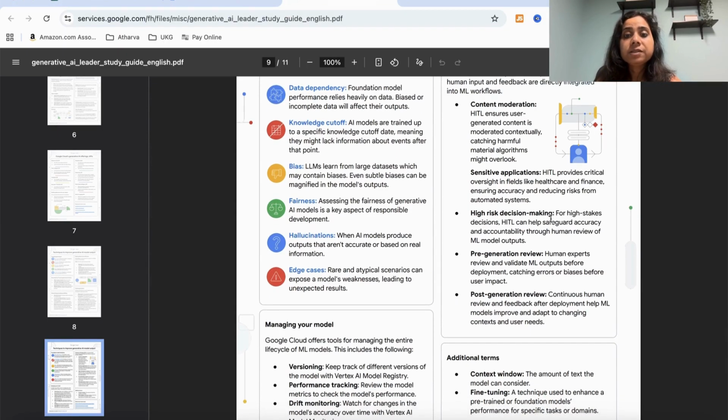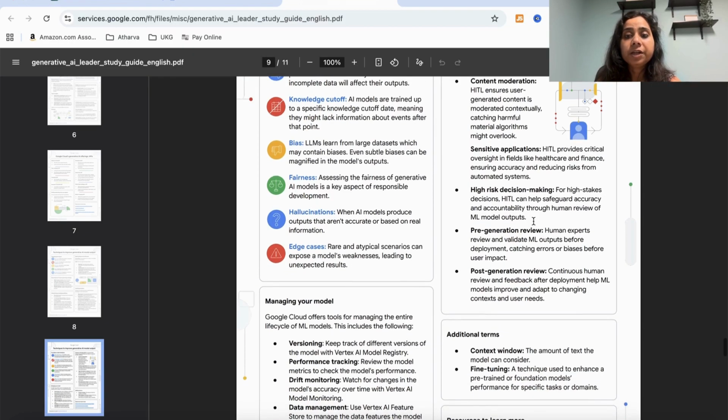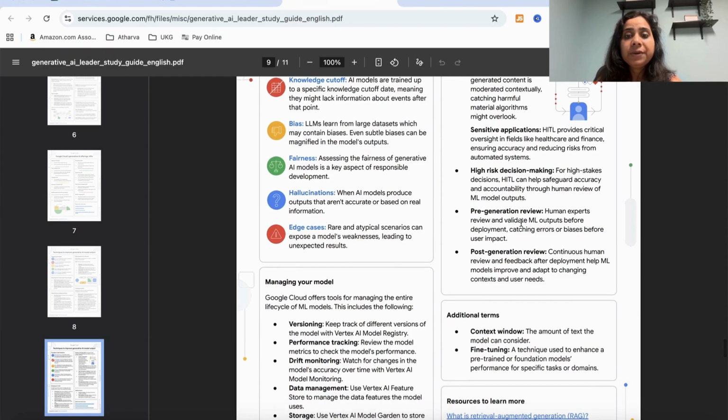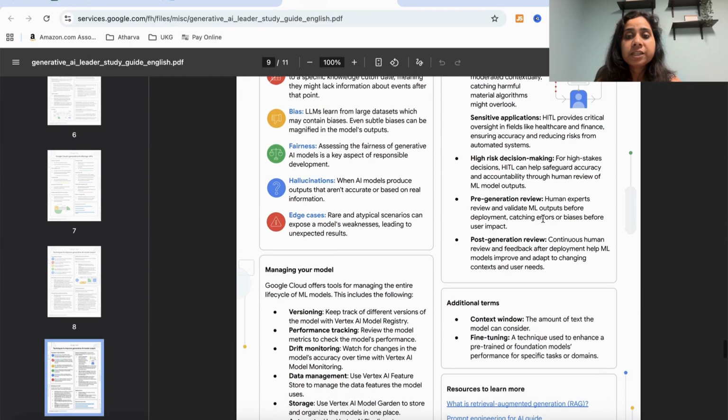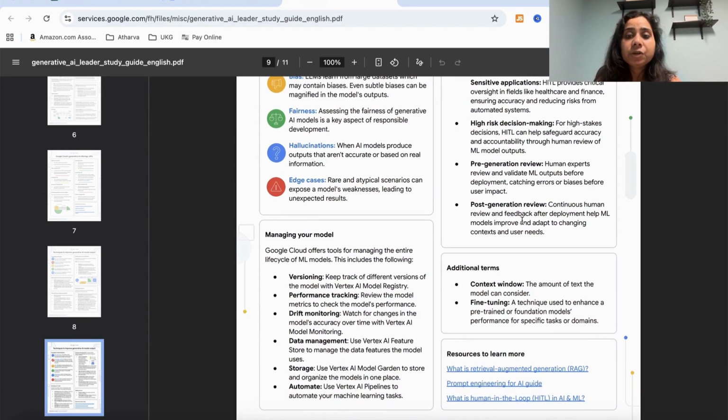from automated systems. High risk decision making: for high stakes decisions, human in the loop can help safeguard accuracy and accountability through human review of machine learning model output. Pre-generation review: human experts review and validate machine learning output before deployment, catching errors and biases before user impact. Post-generation review: continuous review and feedback after deployment might help the machine learning model improve and adapt to changing context and